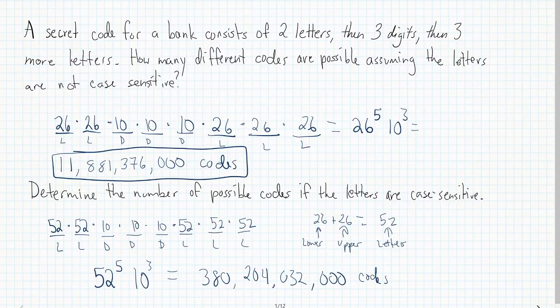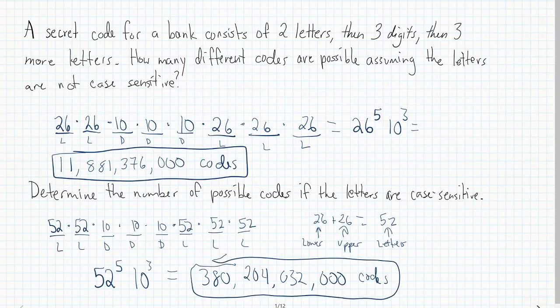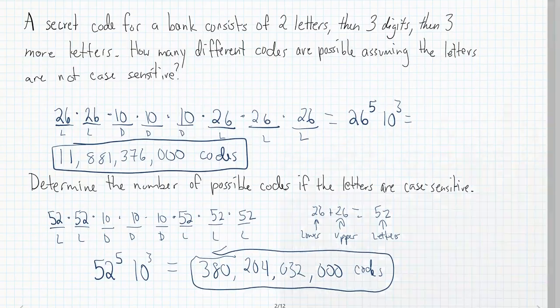So notice when we allow for upper and lowercase, we've just drastically changed the number of codes possible, right? So we went from what was it before, 11 billion to 380 billion essentially. That's a big jump right there, and that's why when we're practicing codes and things like that, it's better to have different cases represent different things. It makes things more secure for us. So moving forward on that one,